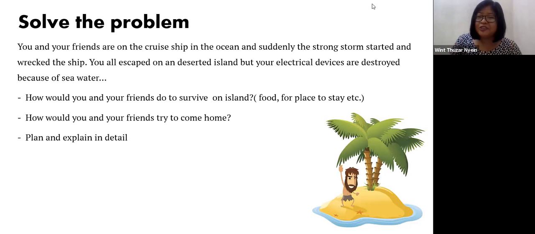But all your electrical devices are broken or destroyed by the seawater, so you cannot contact your parents or home. Your friends in your room are alive. For example, room 1, Algao and Chuchu are alive and have to try to survive on the island. How will they manage food, a place to stay, and then finally